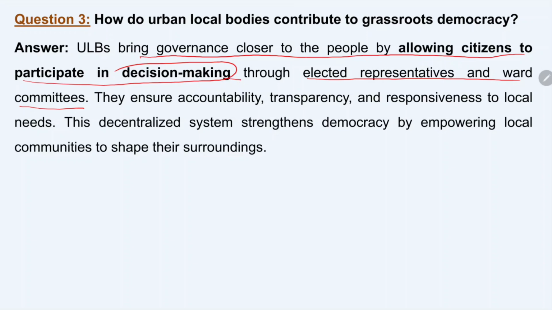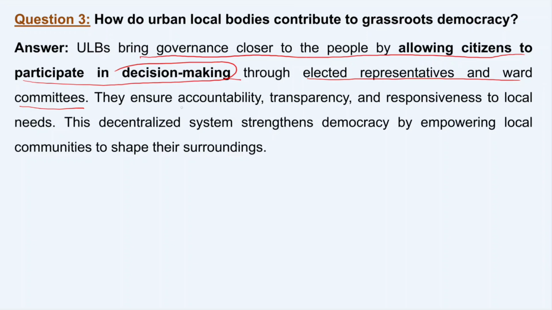decision making, like they are organizing some kind of meetings, isn't it? In case their area is having some sort of problem, they'll be organizing some meetings and you are also invited and you are also welcome to give any kind of solution which you may have for that particular problem. For example, in the village panchayat, they have the gram sabha, where all the people, all the villagers, used to come together, discuss the issue and try to solve it. So just like that, here in the city also it is like that, okay,